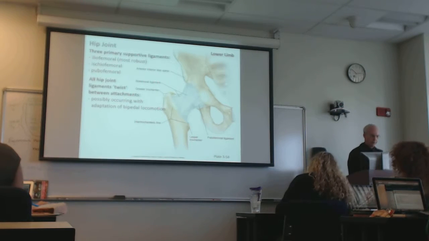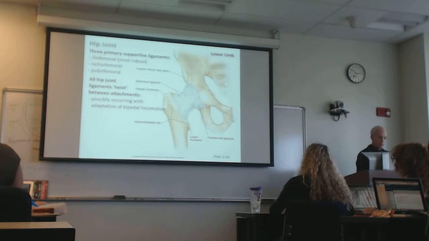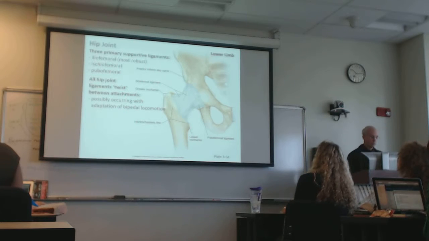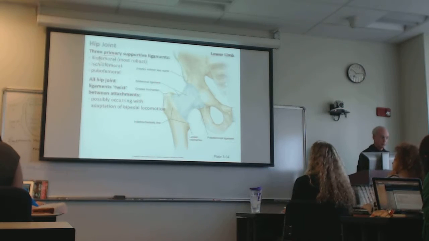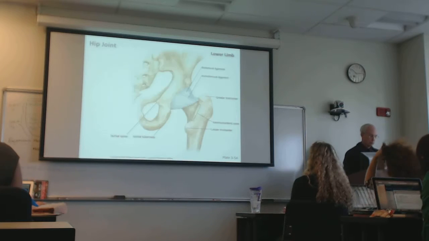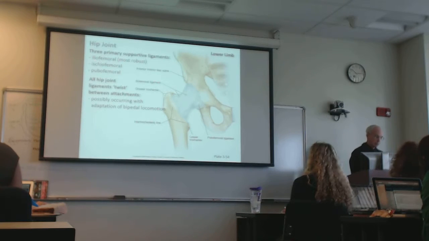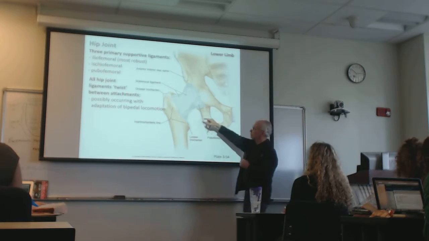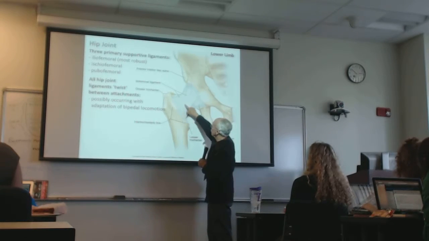All right, now we're looking at the ligaments that make up the external capsule of the hip joint. There are three of these: iliofemoral, ischiofemoral, and pubofemoral. What they all have in common, of course, is femoral, because they all attach to the femur distally. Another interesting thing you'll notice about these ligaments is that they're sort of canted. By canted, we mean that they don't run directly from one bone to the other. Rather, they're at a sort of an